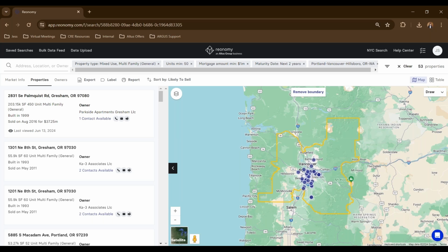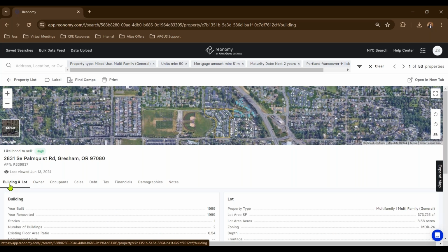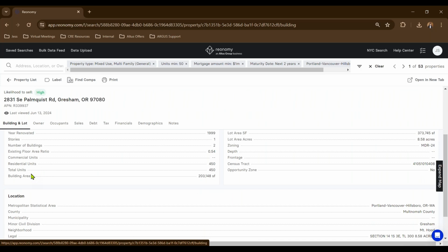Now we are going to select one of these properties to look at so you can get an idea of the information that's being produced for a property within Reonomy. I start out with the very top of the screen. I've got that satellite Google image of the asset with the tax parcel outlined. I can see that there is a high likelihood that this property will sell, so conditions look right for a potential offer. We get the address and the APN,